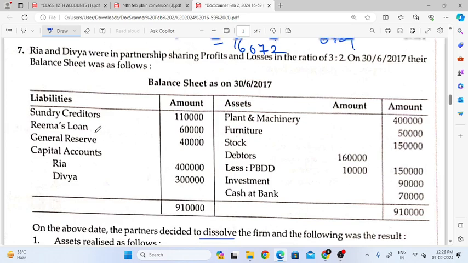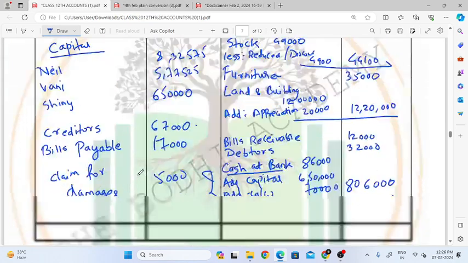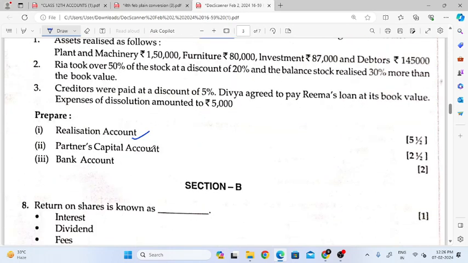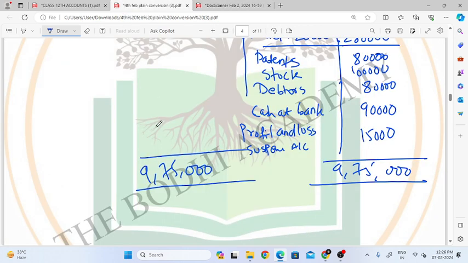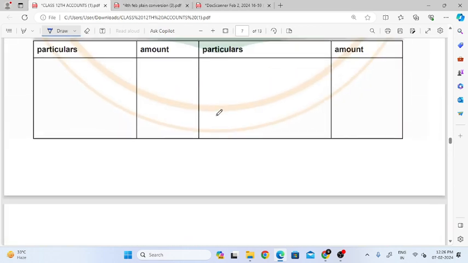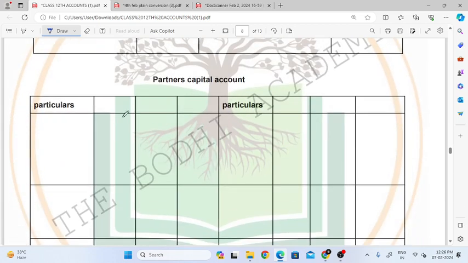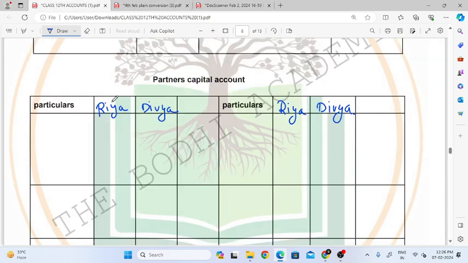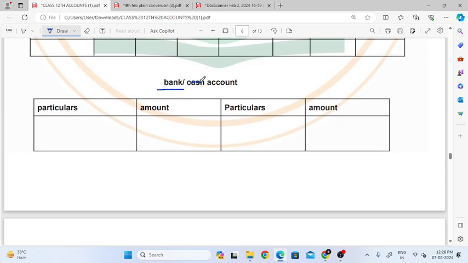Creditors they have given. Now, Ria and Divya, these are two partners. And what did they tell us to prepare? Realization account, partners capital, and bank account. So Ria and Divya are two partners over here. What have they told us to prepare? Bank account. So here we'll write bank account and not cash account. Okay. Next,